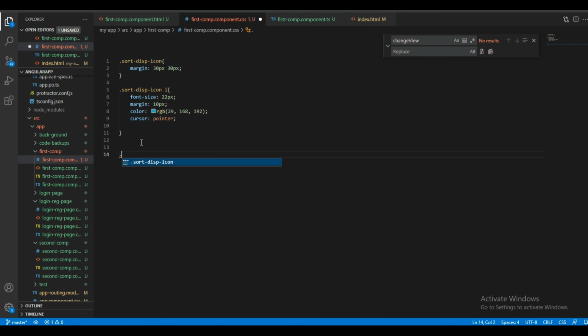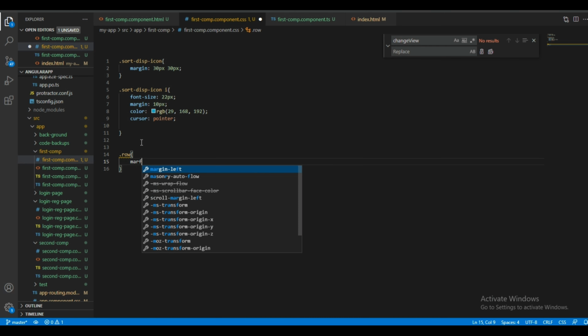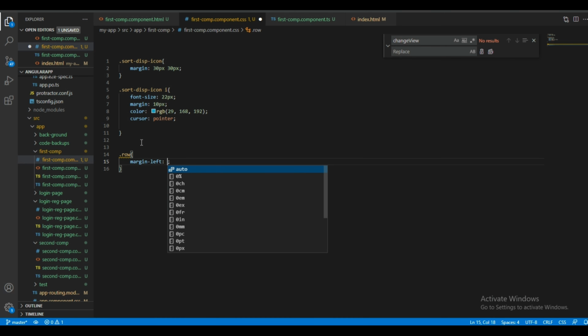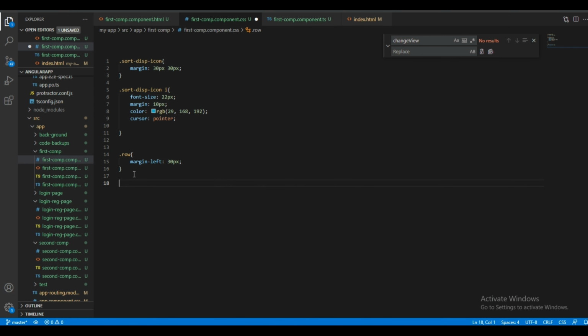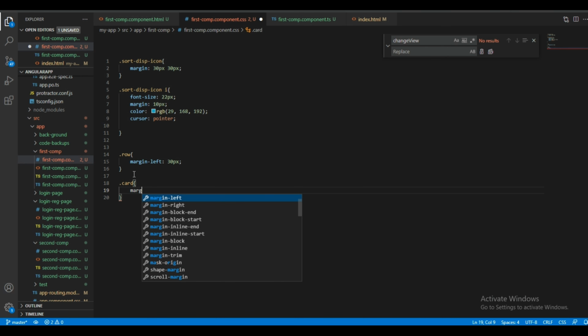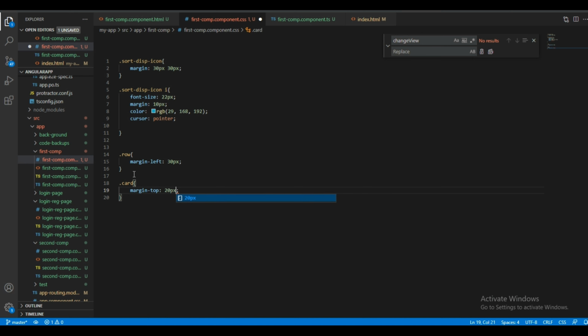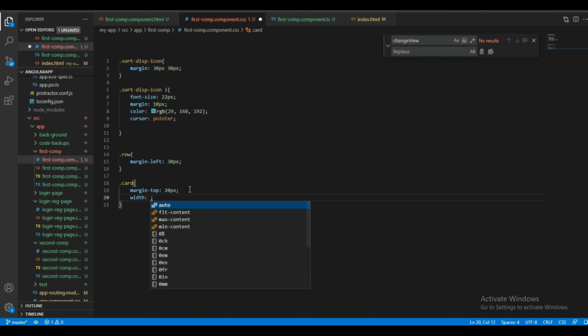And I'll give a left margin of 30 pixel, because each and every card, it's okay to give a margin on top of 20 pixel, which is a standard one, and width of 80 pixel.